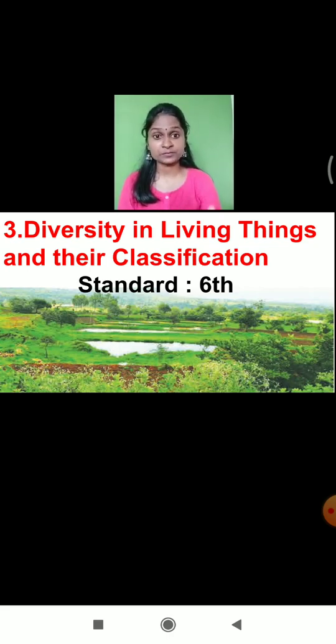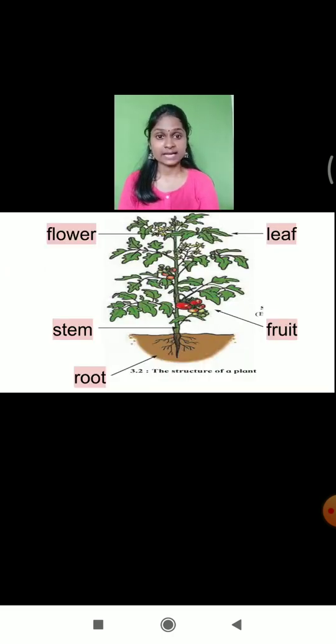So there are different varieties of the plants and the animals which are present around us. So the differences among the animals and the plants, we call it as what? Diversity. Okay. And one more concept we have learnt in the last lecture, that is the typical structure of the plant. We had already learned that there are basically 5 organs which are present in the plants. Which are they? Root, stem, leaves, fruit and flower.